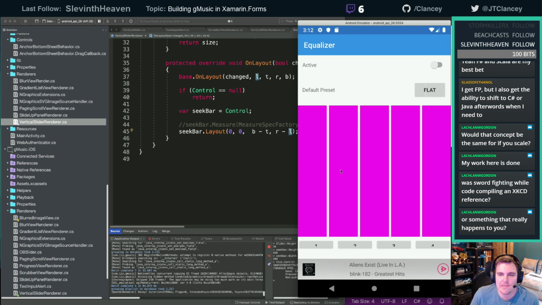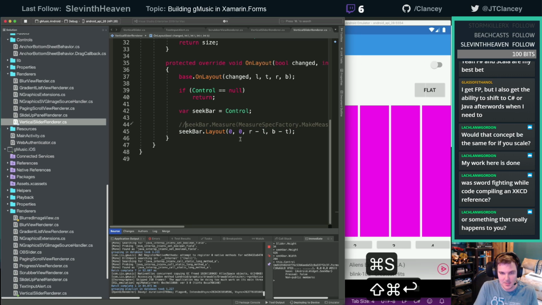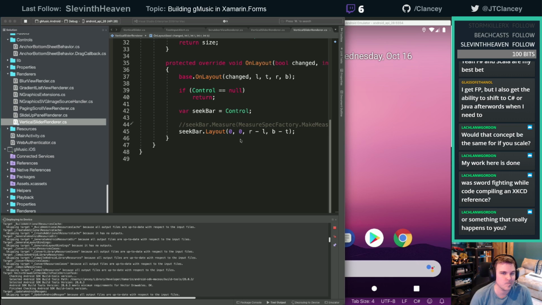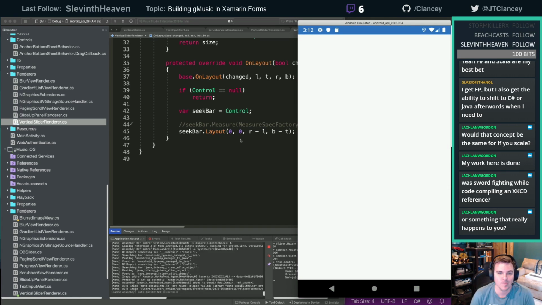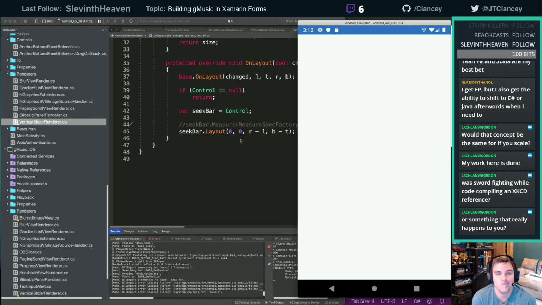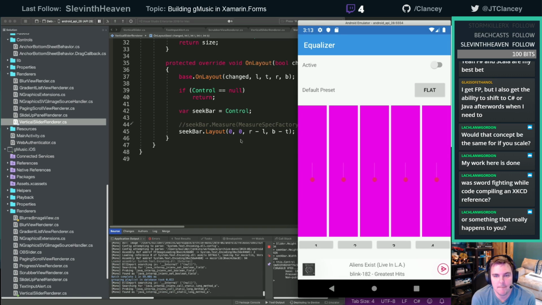Alright, alright. I don't know what. I might just say I'm not going to do Android for right now, and then talk to somebody who knows more than I do about Android layout on Forms. Because this is just silly. Because I don't even see how these line up to that little tiny thing.